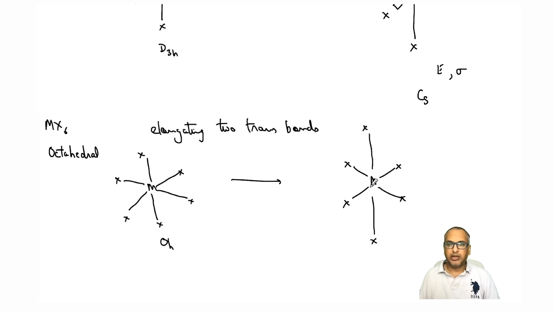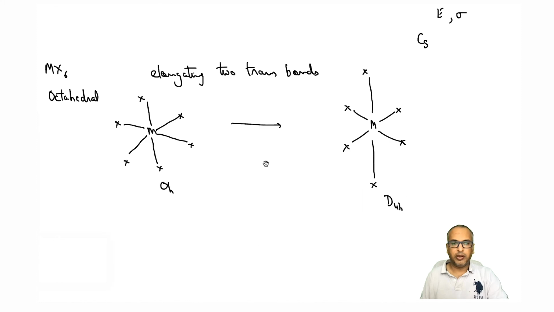So what happens? Now what we have done is we have killed a lot of elements. From Oh we have gone down to D4h. Now how does it work? So try to again find out missing elements, what all elements are killed in the process, and hence this becomes a case like PtCl4. Okay, so D4h, you all know by now what all molecules would look like D4h. So this looks like a PtCl4 kind of molecule, right?